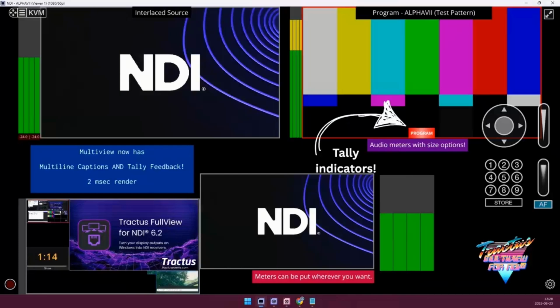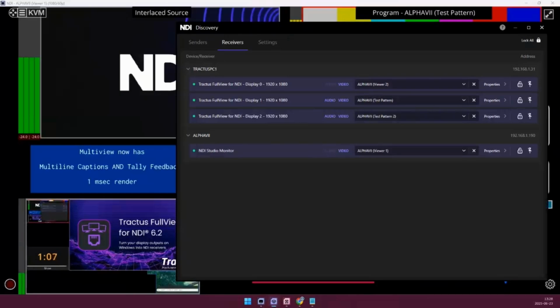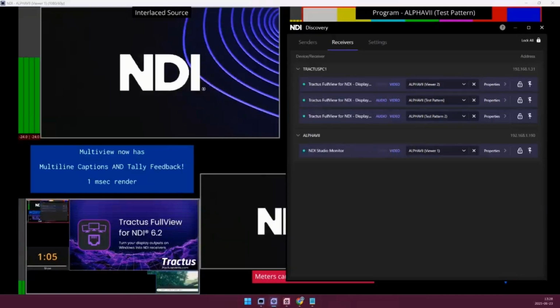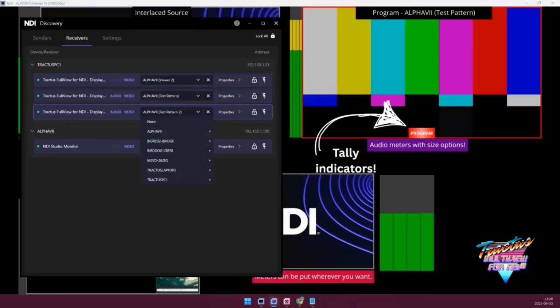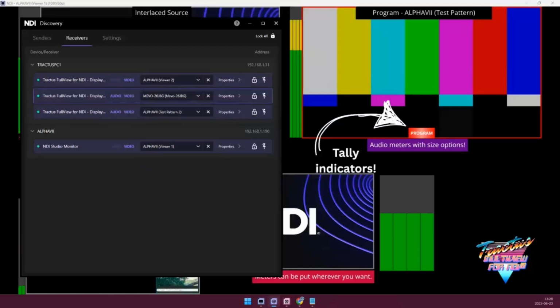You may have noticed earlier that if we go to Viewer 1, one of my multi-views, that I have a program tally on my test pattern here. And that is because Full View is set up to be tuned into one of the test patterns. So another thing that Full View does is sends out program tally for whatever source is subscribed to it. So if I now, instead of sending out test pattern, have that tune into my camera, for example.